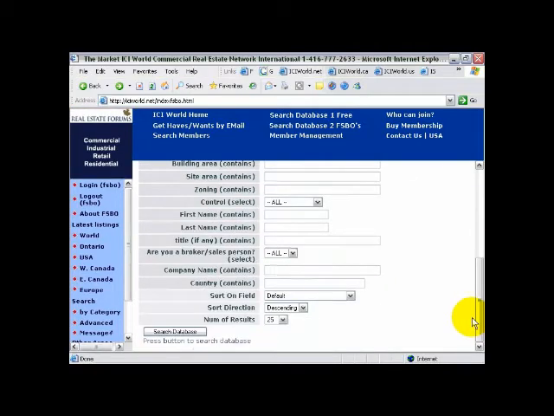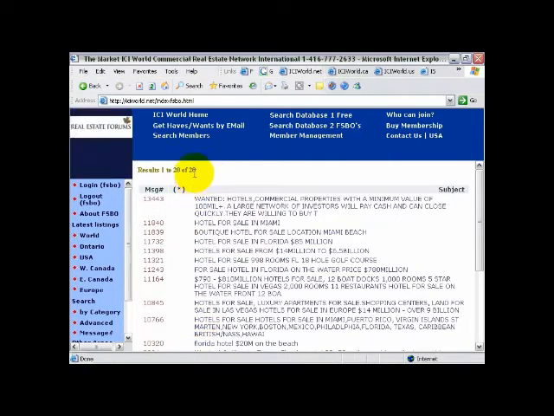Go down to the bottom of the page. Change the number of results. I'm changing it to 100. And I'm going to change "are you a broker or salesperson" to the word no. And search the database. You should get 20. Haves and wants: I want to see buyers and sellers. If you only wanted the buyers, you could do it on your own time. If you only want sellers and go after listings, you can do that. So there you go. Now, this is a tremendous source of business, people.